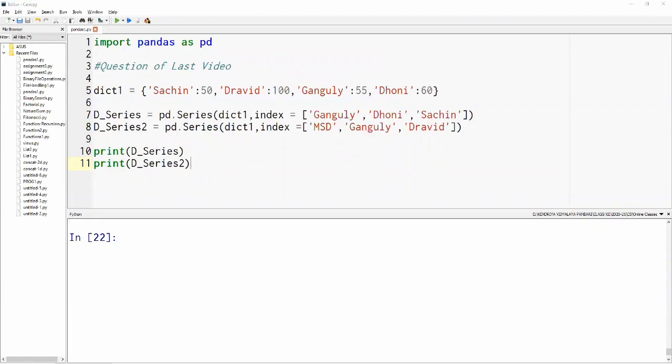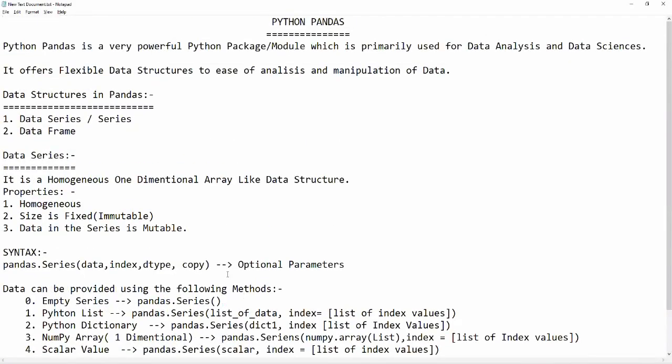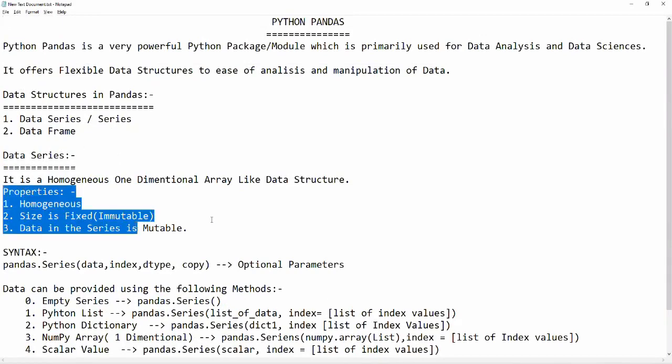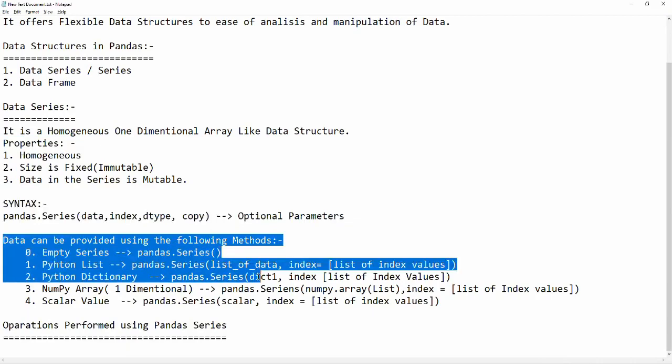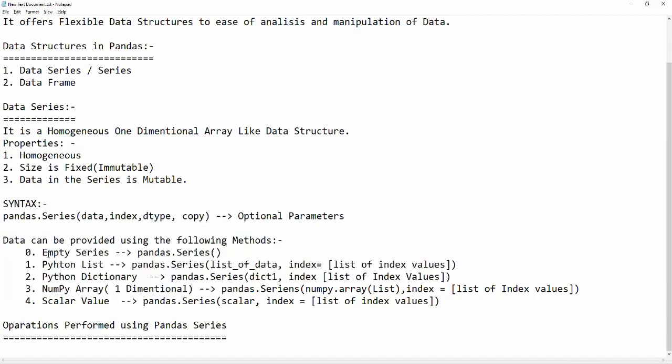Let us cover what we had already done. Right. So this is what we have already done. We have already done what is a data series, what are its properties, and we had seen the syntax for a Python series, and then we had seen how we can initialize a series using different methods, and we had discussed empty series, how to initialize with Python lists, how to initialize with Python dictionaries, NumPy arrays, and